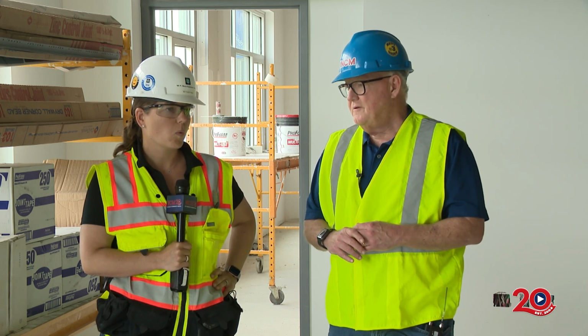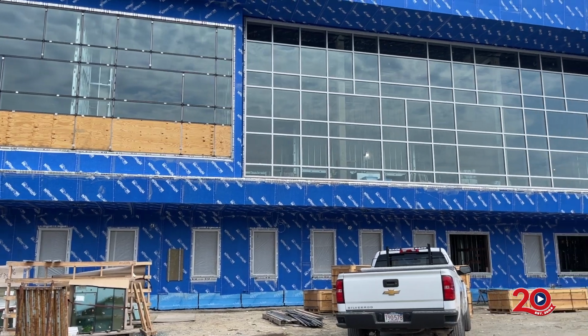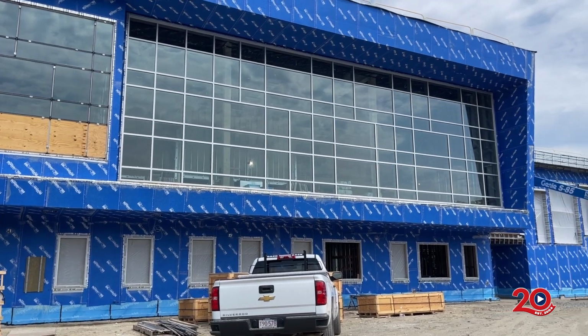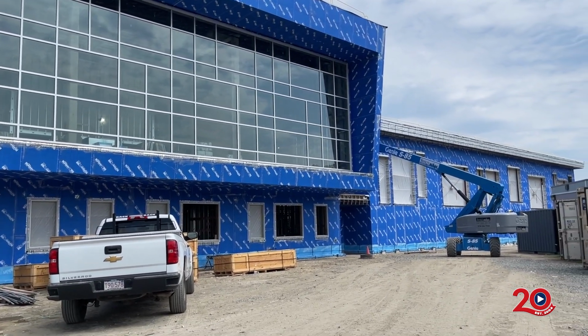So they're working long hours. They're working some Saturdays to try and get this work done. Our current plan is August 28th is the first day that the teachers are back. Our plan is to be out of your hair by then and have the fences back the way they were last school year. Yeah, this is always a precarious time, if you will, because you're digging into the ground,